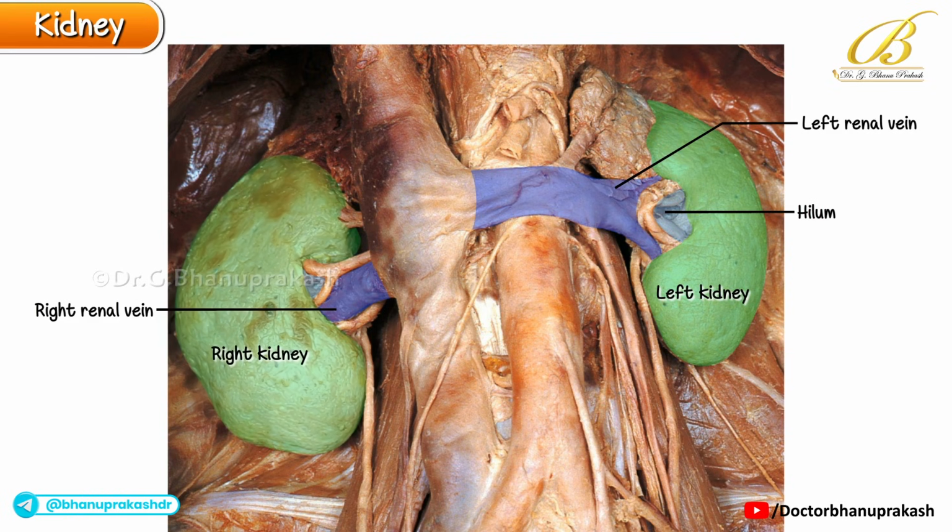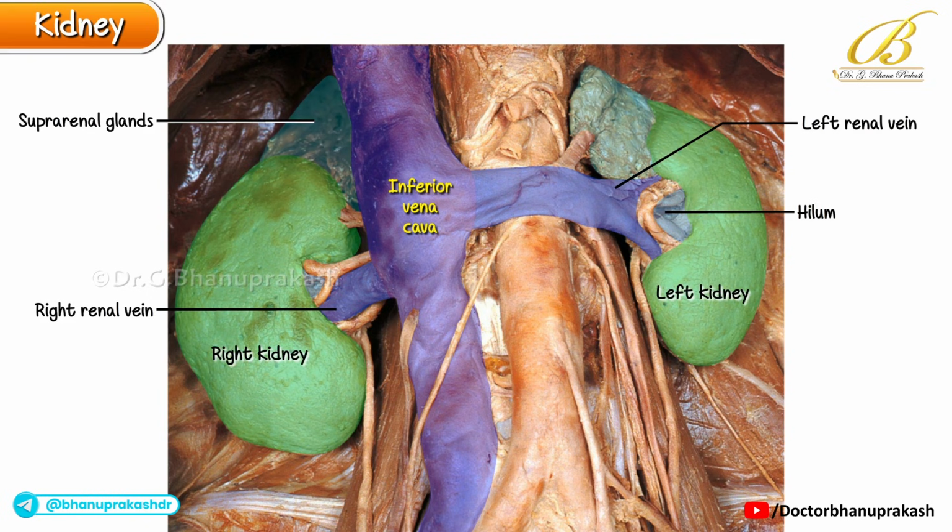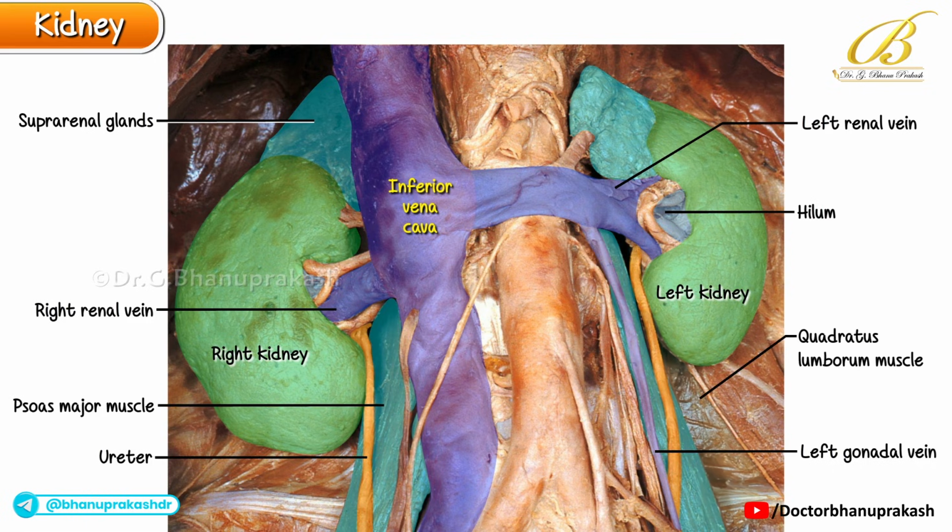The medial border of the right kidney is closely related to the inferior vena cava. The superior poles of both kidneys are in contact with their respective suprarenal glands. The left gonadal vein drains into the left renal vein, while the ureter continues downward from the lower part of the renal pelvis. Behind the kidneys, the psoas major and quadratus lumborum muscles form the muscular relations to their posterior